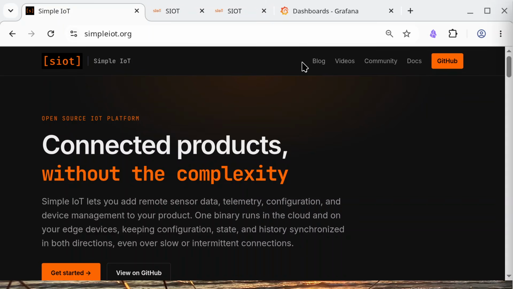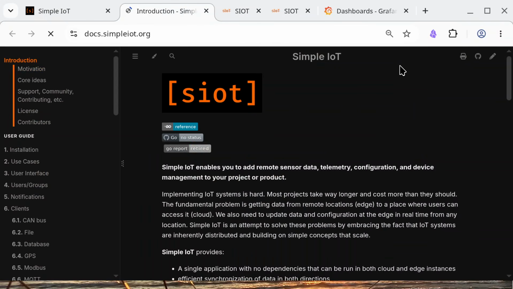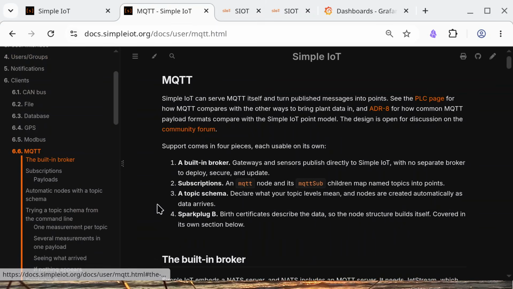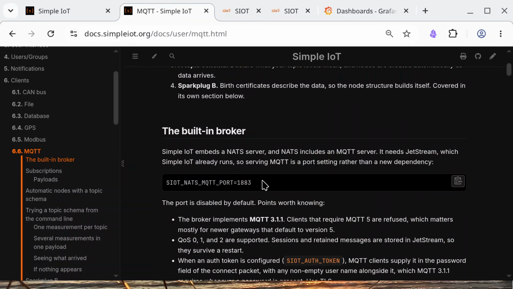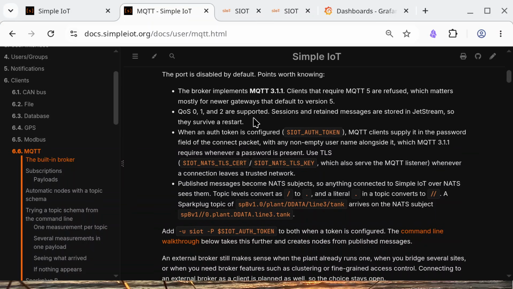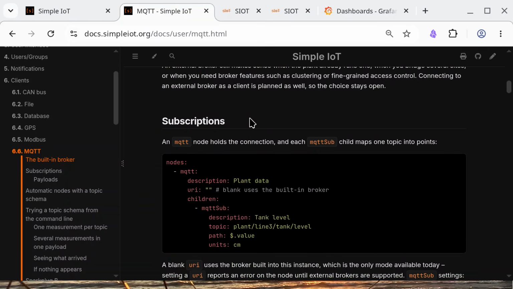So let's go to the docs first. And we'll go down to the MQTT client. So this just gives you a little background on it. And the way you do it is you set the MQTT port up before you start Simple IoT. This can be an environment variable or a command line. Then once that's done, there's a number of ways you can configure it, but we're going to start with